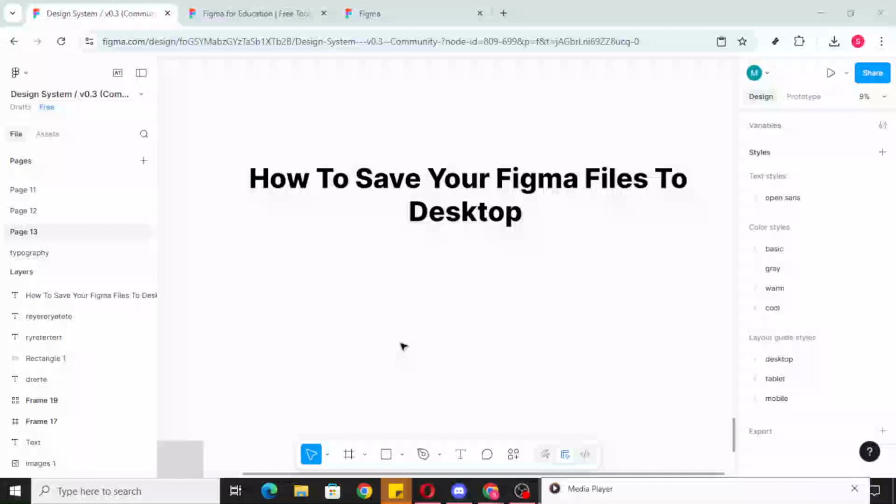In today's video, I'm going to teach you Figma tutorial, how to save your Figma files to desktop. If you've been designing in Figma and want a secure backup on your computer, or you need to share a full project with someone outside your team, saving a local copy is the best way to go. This process creates a .fig file, which keeps your layers, components, and settings intact, so it's perfect for archiving or